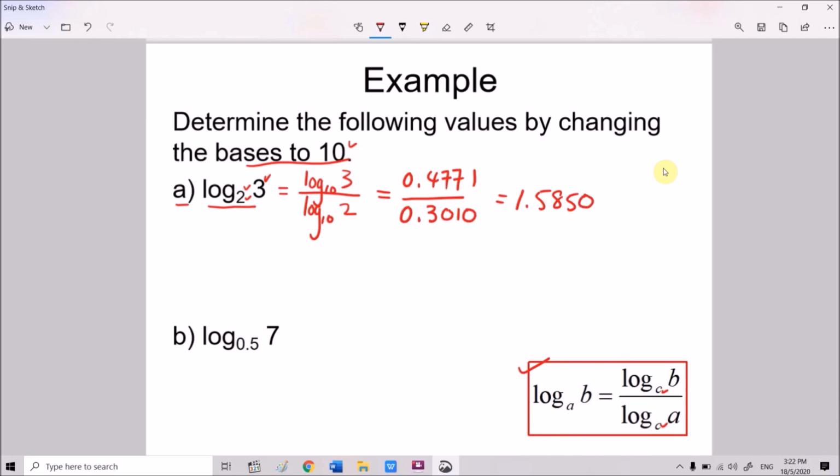1.5850. Okay, so likewise for question number B, the base is 0.5, so we want to change the base to 10, so we use this formula. We rewrite this as log base 10, log base 10, and the 7 we write here, 0.5 we write here. Then we use our calculator to find the values for both numerator and the denominator. Log base 10 of 7,